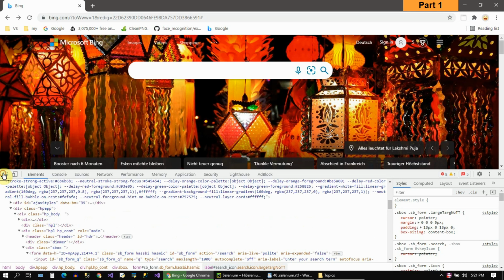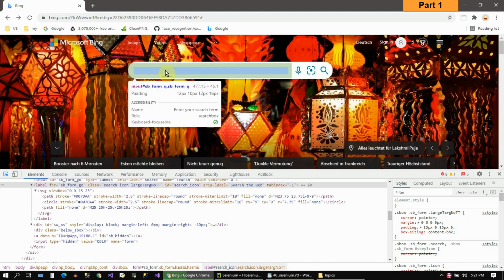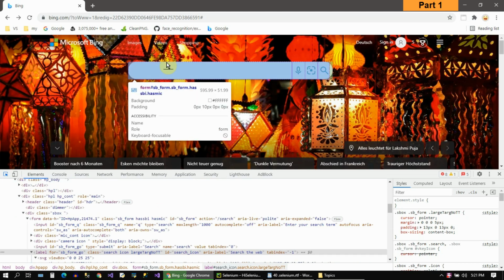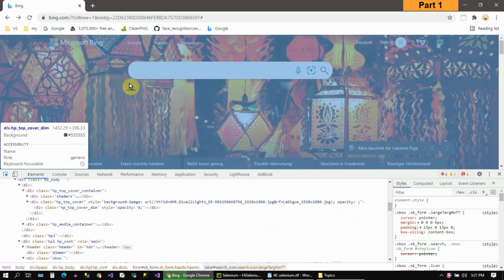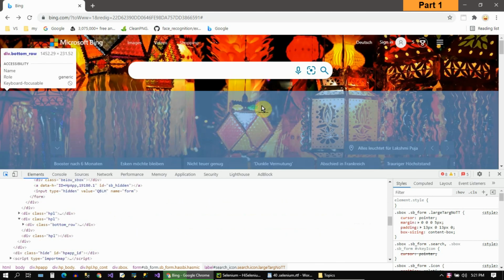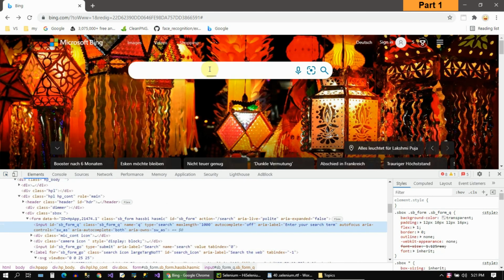But my favorite one is the inspect button, and I can easily select this or this and also all of this. So let's select the first one and click on the text box over here. So I have the input, and we call the text box as the input, and its name is Q. So we can get the Q or the ID, and it is the